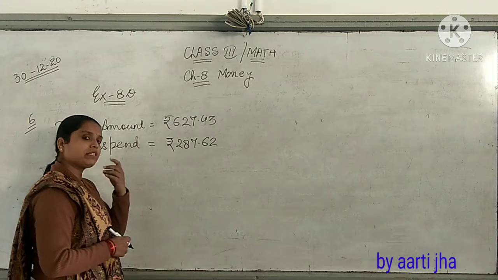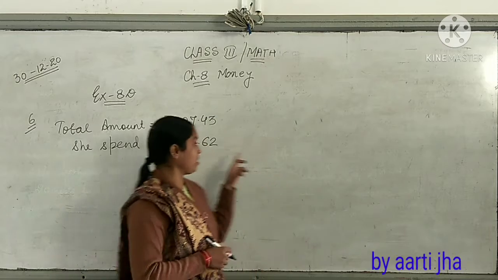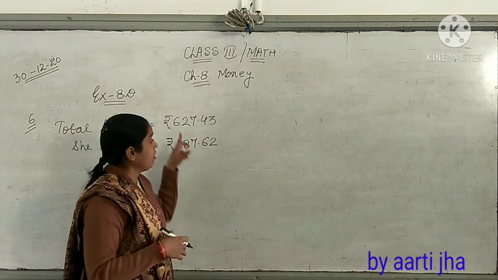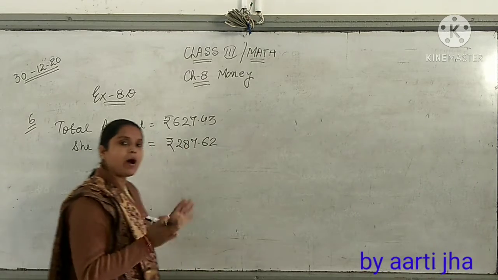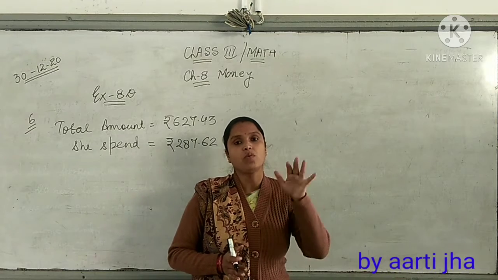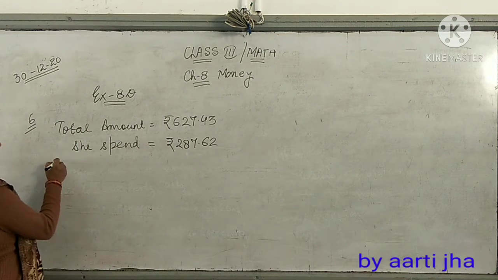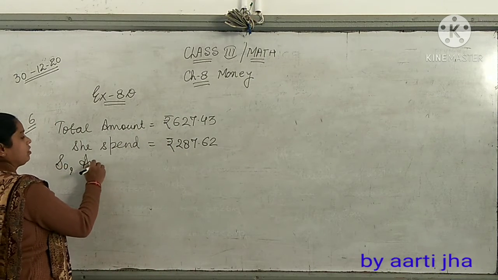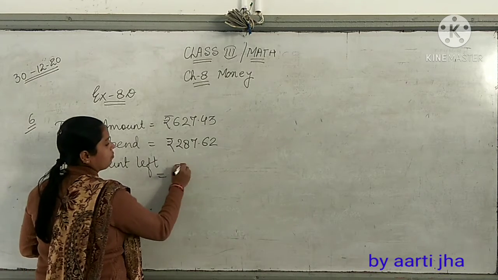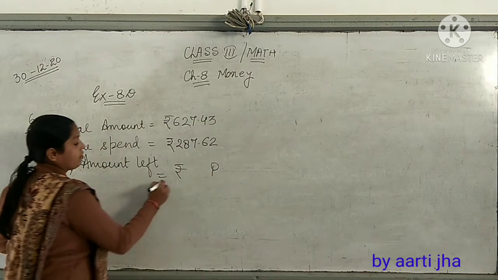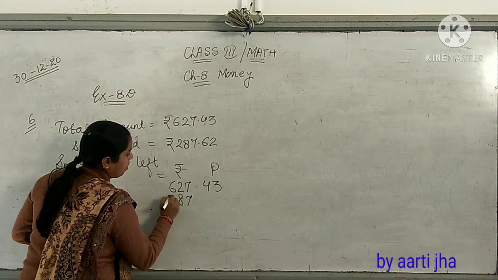Now once she spent, that means it has gone out from her pocket. Now this money is not going to come back. From this total amount, this much money she has spent. Now what is the amount left with her? Left means what is still there with her in her purse, that we have to find. So the amount left will be, again you will make the columns of rupees and paise, write down the total amount, then the amount which she spent,